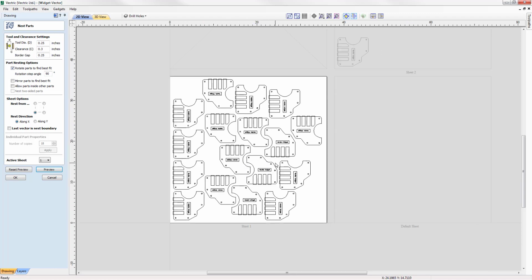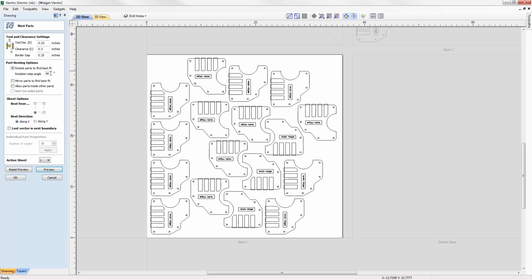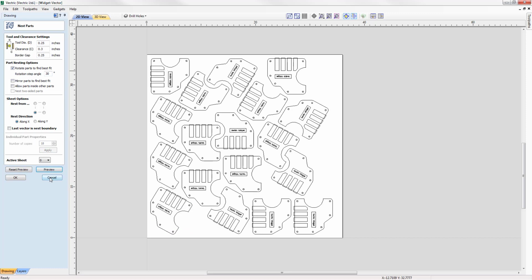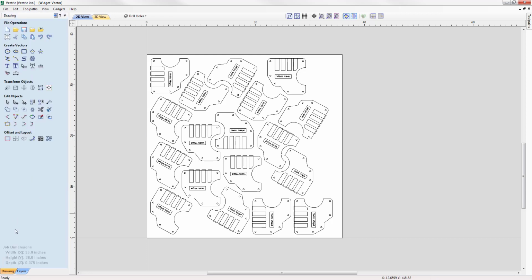So let's have a look and see if we can maybe reduce the angle. So here, let's just set that to 30 degrees in this instance. We're just going to reset that preview. With that 30, we're going to apply it, and then we're going to go ahead and preview that. We can see that everything now fits on the one sheet, so we can OK that and come out of the form,